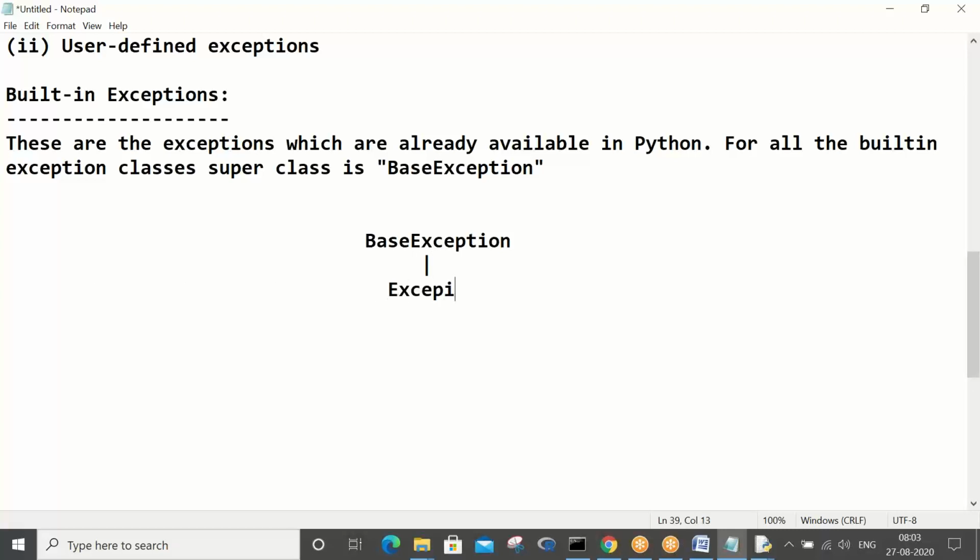Under this you have the exception class, and the exception class contains two more child classes.